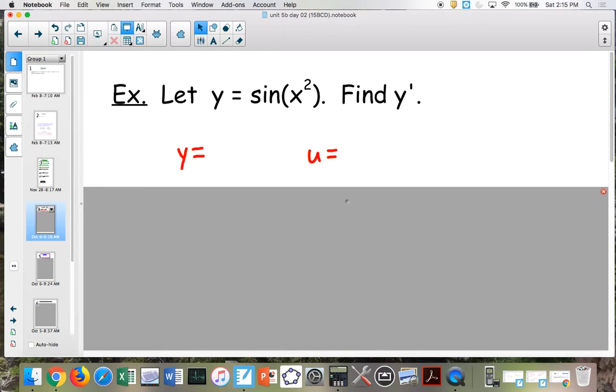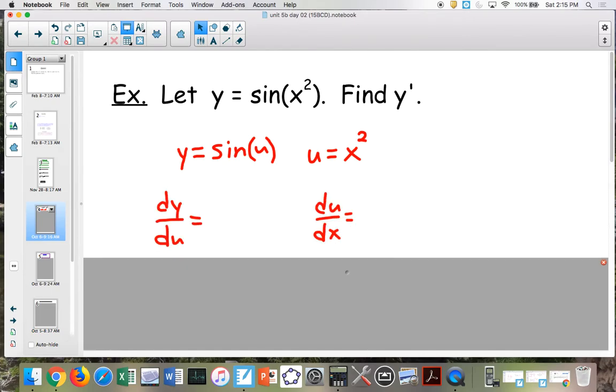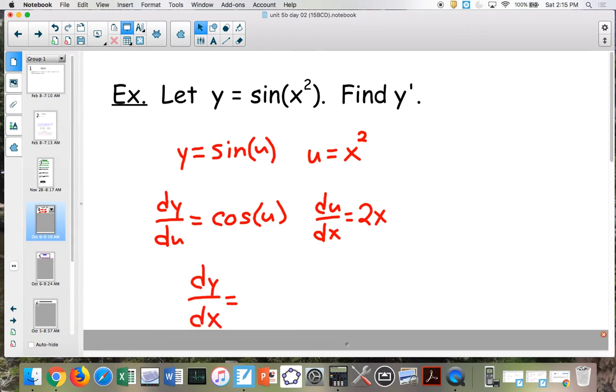So when I look at this function, thinking of compositions, I see this as y is equal to the sine of u, where u is just equal to x squared. So if I take the derivative of y with respect to u in that first equation, well, we learned that that's the cosine of u. In the second equation, if I take the derivative of u with respect to x, well, the derivative of x squared is 2x because of the power rule that we learned. So therefore,